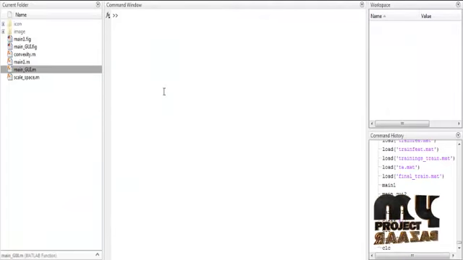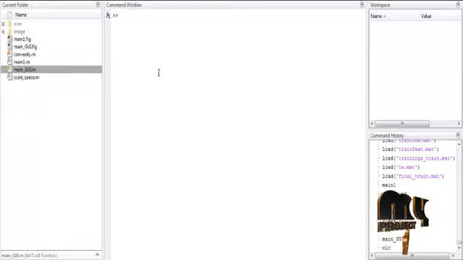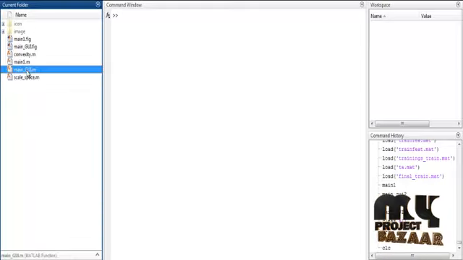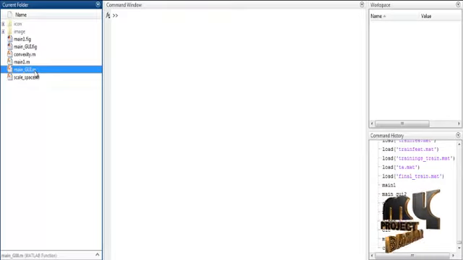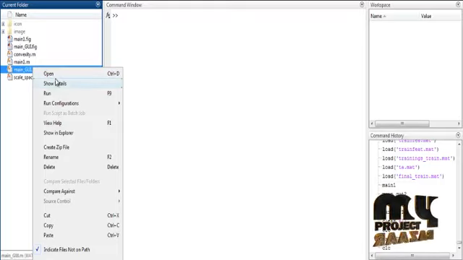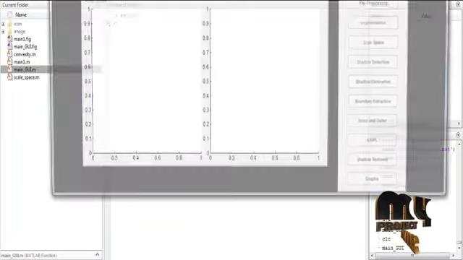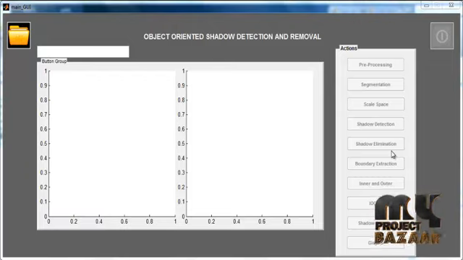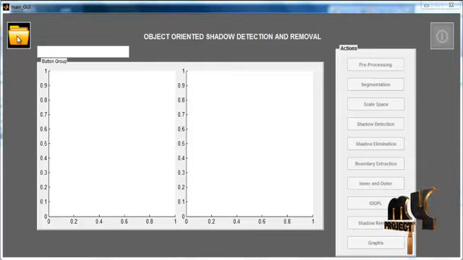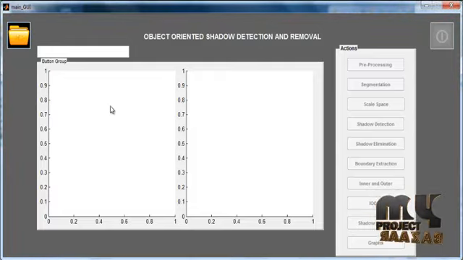Now we discuss the initial running procedure for the process. At first, select the main underscore GUI.m file, right click on that file and select the third option, run. Now the initial GUI window is opened. In that you can see several buttons. These are known as push buttons. These two are represented as axes. Now click the button with the folder icon.